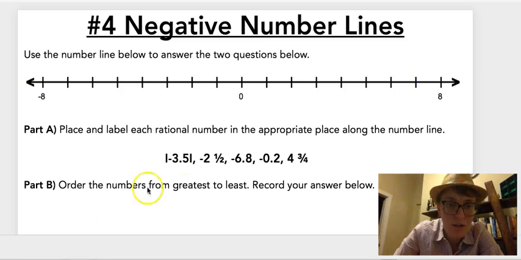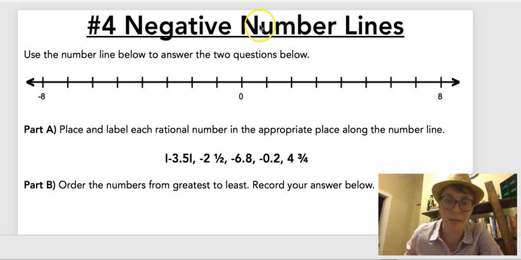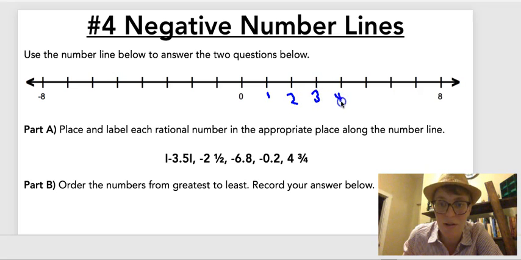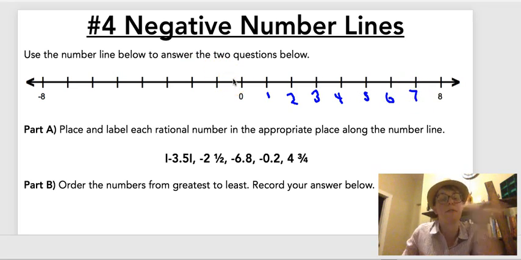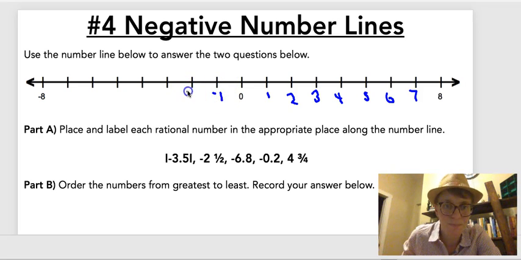So the first thing that we want to do with the number line is make sure that it's clearly labeled. So I'm going to make sure that this is our positive side. It's positive because it's to the right of 0. It's larger than 0. And then I'm going to move to the left of 0. We know that numbers to the left of 0 are going to be smaller than 0. And these are our negative numbers. It reminds me of our opposite land that we learned about a long time ago. Alright, now once I finish numbering this, it's going to make it a lot easier for me to actually place